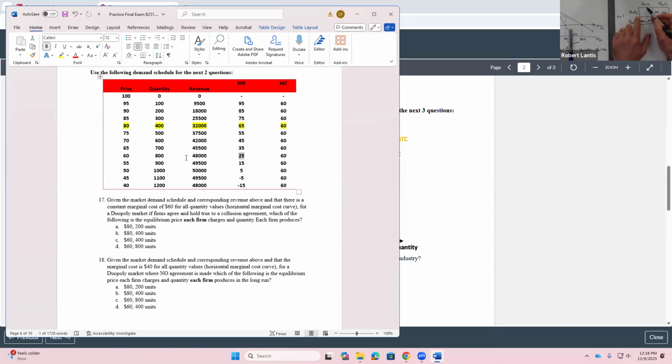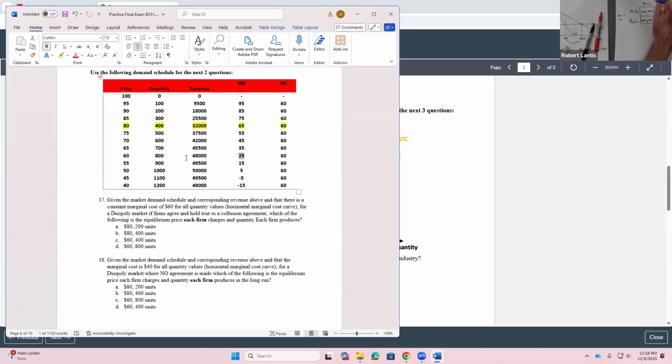Now, if we both restrict quantity and act like a monopolist, maybe we could both earn positive 300 each, right? We're keeping the price high. We're restricting quantity like a monopolist would. So if I were to go through and solve this game, firm two's payoffs are always on the right, and firm one's are always on the left. So if I think about